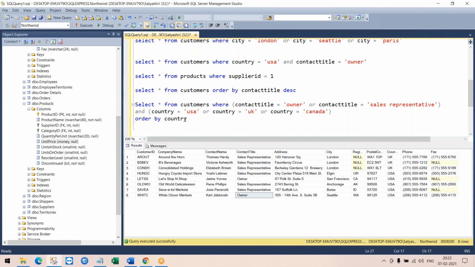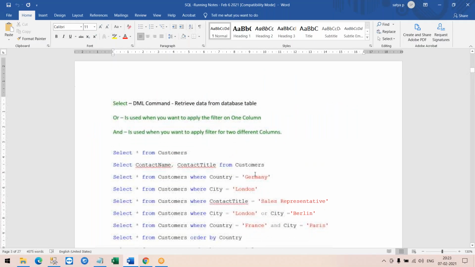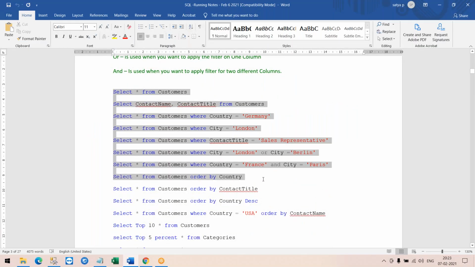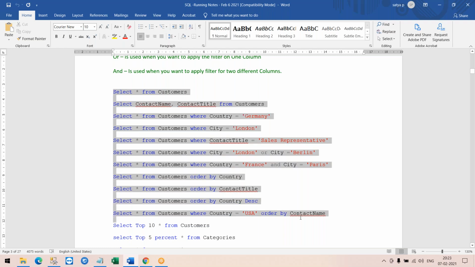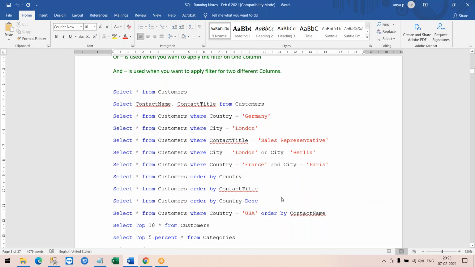See, the reason we don't ask you guys to write down the queries in the classes is that we have limited time to go over the course contents, and we will be sharing the recorded videos with you. So you can go through them, and while you are practicing, you can refer to them as well. All the queries we are learning are part of these running notes. So while you're practicing on your machines, if you get issues and you're not able to find the SQL query, you have them readily available in the running notes. Okay.